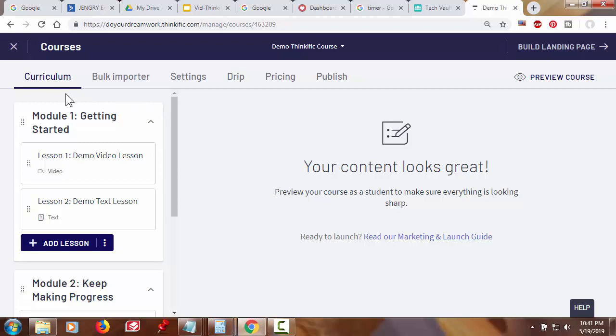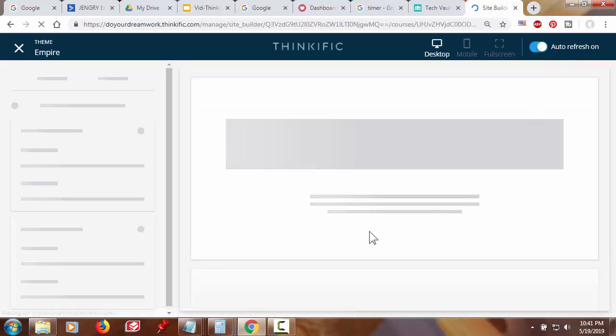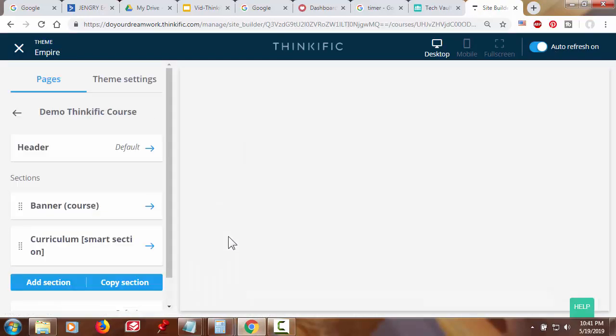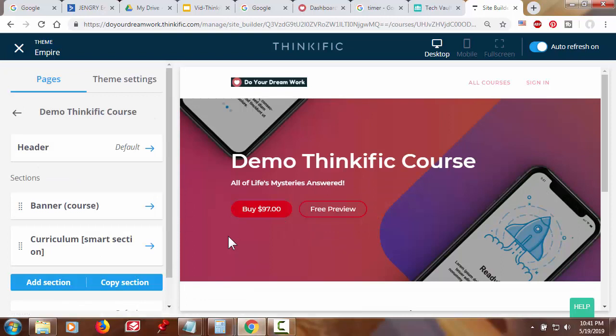And you know when you're in there because you see these tabs here with the leftmost tab being curriculum. And whenever you're in this area, the very top right-hand corner of your screen, you'll see this Build Landing Page button. And by landing page, Thinkific means the sales page of your course. So you just click this, and very conveniently, that brings you to your course's sales page. And you can start editing from here. Now, before I start doing that,